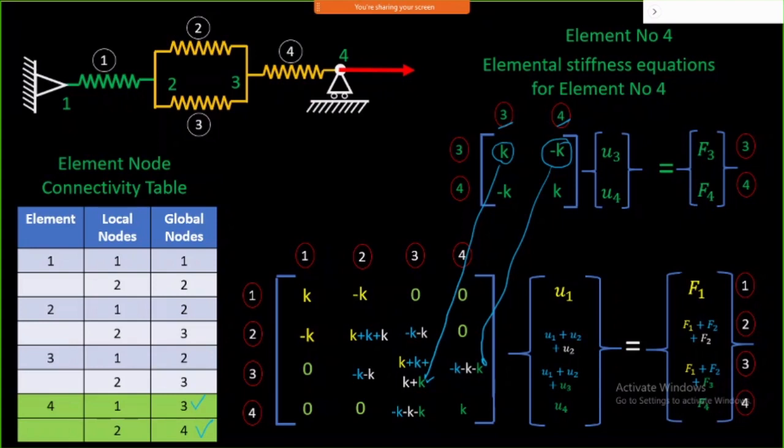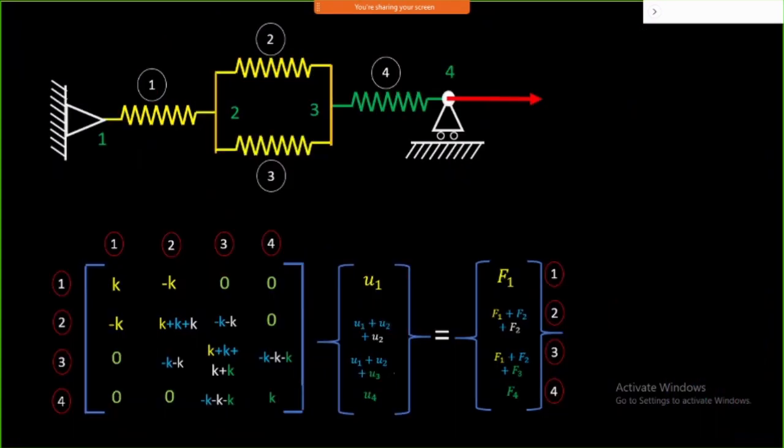And after that, the procedure is simple. There are two approaches by which we can solve these four equations. Before going into the Gauss elimination, there is one more step we need to work out, and that is called the elimination technique, and another is the penalty approach. When we are going to apply the boundary conditions, here it is the displacement of the node number 1.